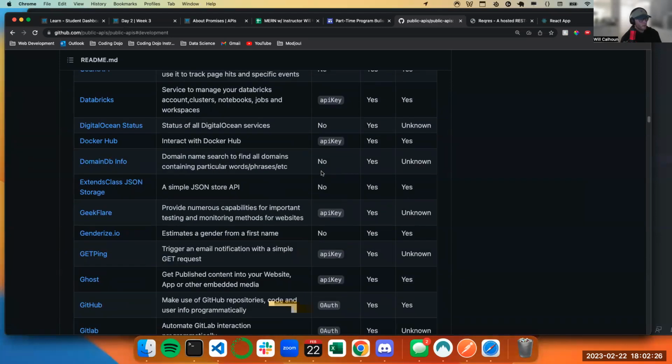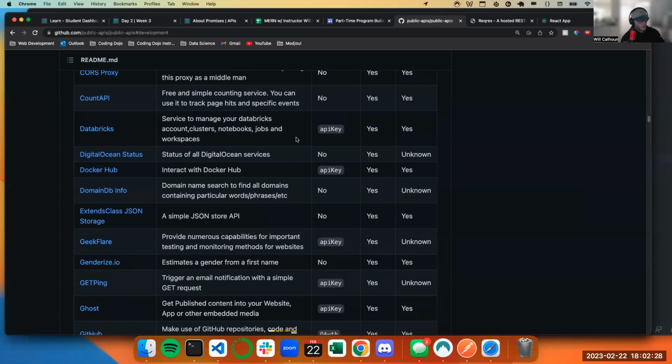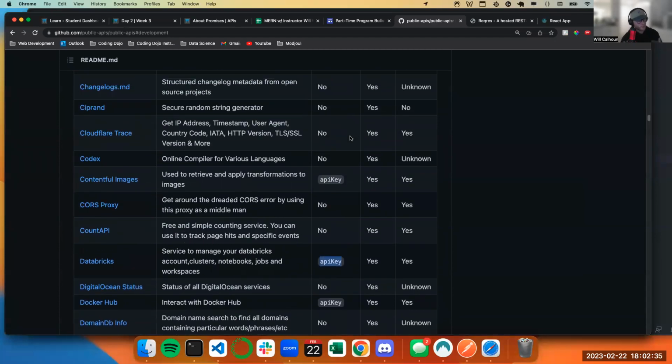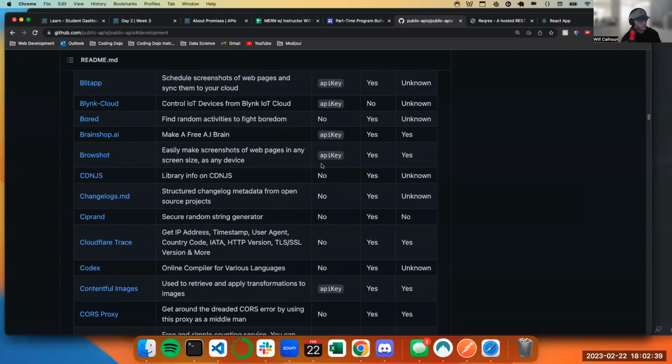Now, within that, if you're starting to mess with it, an API key is basically a way that they know who is making the request. And so it's also a way oftentimes that they charge you. So if you are wanting to deal with this, especially if you're messing with it, then you can look at this one that has no API key.